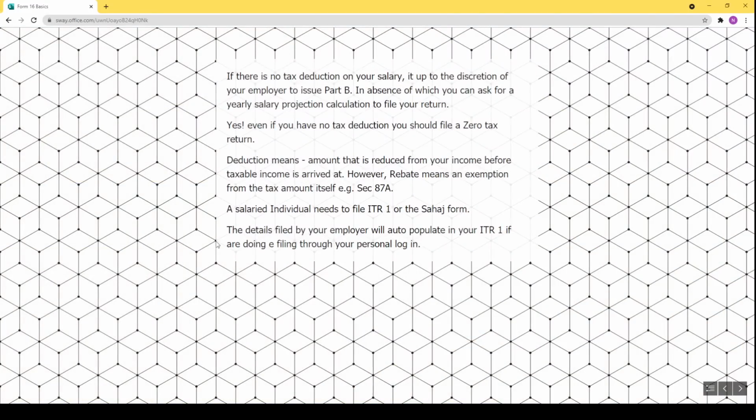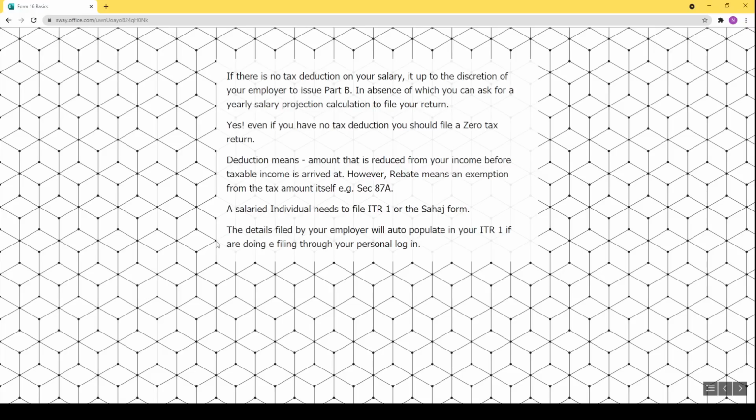First one being, if there is no tax deduction on your salary, like I explained when I started Part B also, it is up to the discretion of your employer to issue Part B to you. In absence of which, you can ask for a yearly salary projection that will give you enough details to file your tax return.